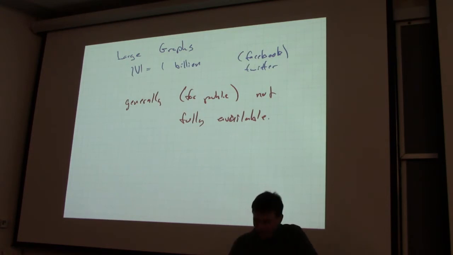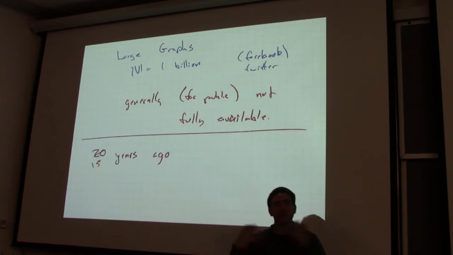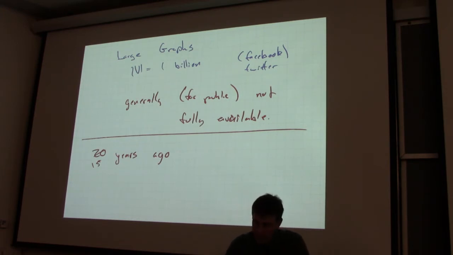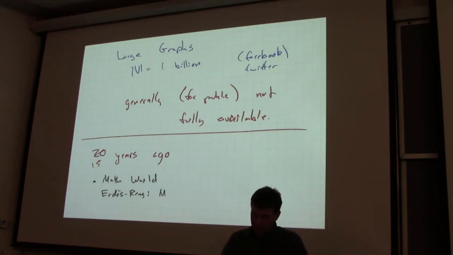This is very different from, say, 10 or even 15 years ago. Fifteen years ago, there was a lot of research on these large graphs, thinking about graphs from both a social network analysis and a mathematical standpoint. But they were kind of broken in a couple of ways. In the math world, there were a lot of these large graph phenomena that were studied under what was called the